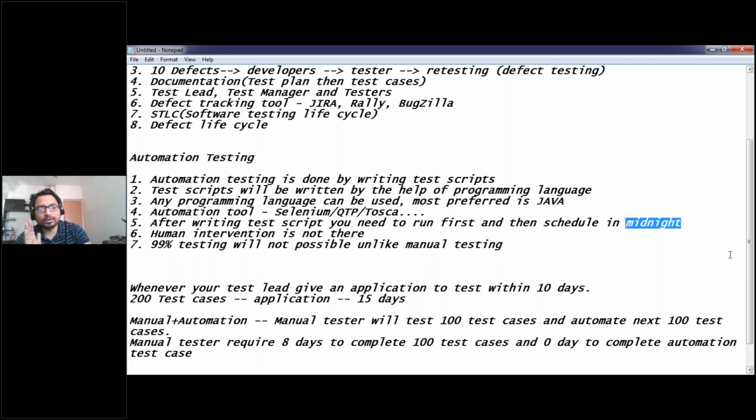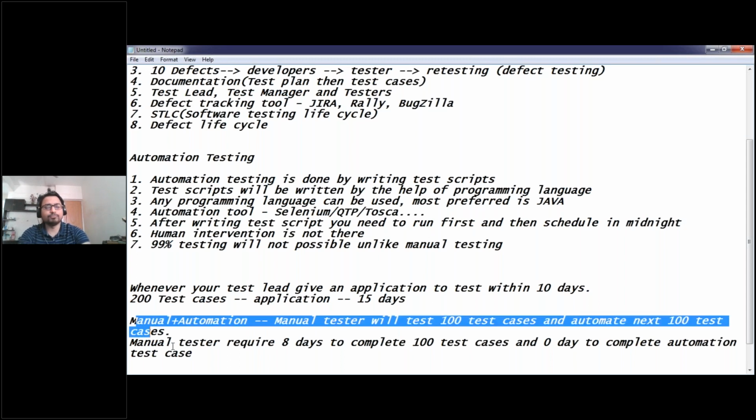So when you are working, your automation test cases are not running. When you log off from work, then at 12 a.m. the automation test cases start running. During that time it saves your time as well as your client's time, and it gives you the result, pass or fail. For whatever test cases failed, you quickly raise a defect, the developer fixes it and delivers the fixes, you retest it, and then you get a quality product. That is the advantage.